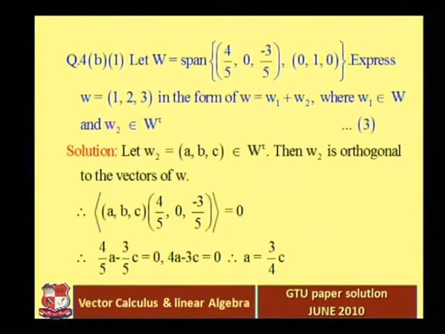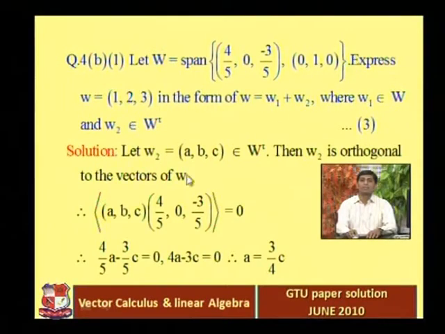Let W be the span of these two vectors: (4/5, 0, -3/5) and (0, 1, 0). Express (1, 2, 3) in the form W = W1 + W2, where W1 belongs to W and W2 belongs to W orthogonal. So W orthogonal means the orthogonal complement of W. Let W2